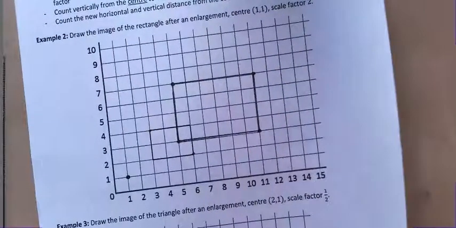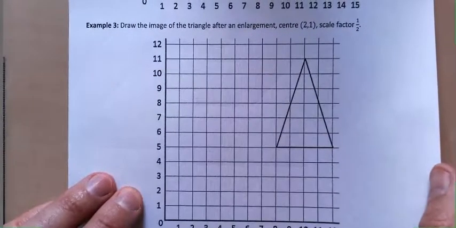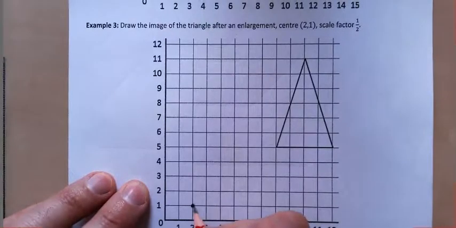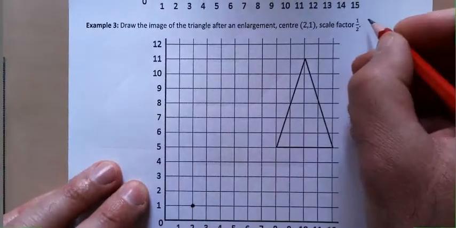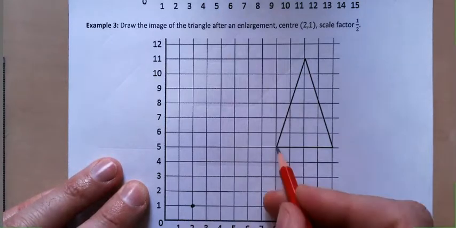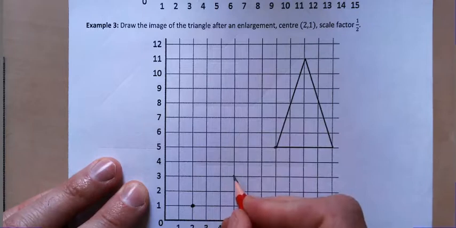Let's look at this next one. It's a fractional scale factor, so it's going to make it smaller. Draw the image of the triangle after enlargement, centre 2, 1, scale factor 1/2. So again, let's count our squares. 1, 2, 3, 4, 5, 6, 6 across and 4 up to this point. So if I'm doing scale factor 1/2, I want to do half of that. So I want to go, instead of 6 across, 3 across, and instead of 4 up, I'm going to go 2